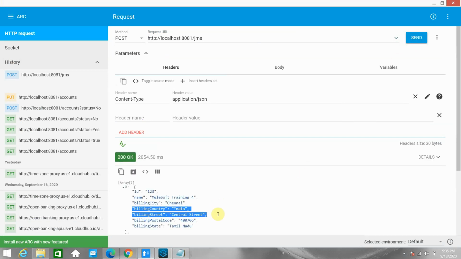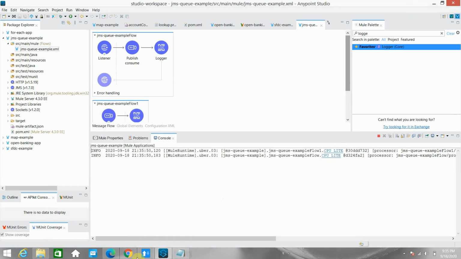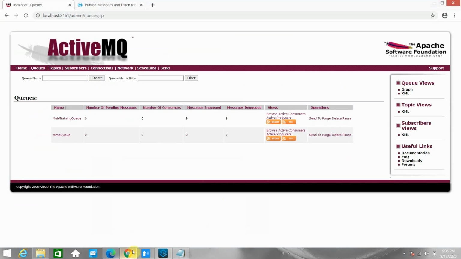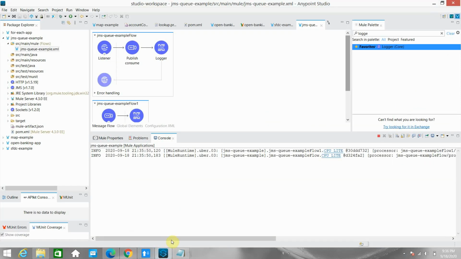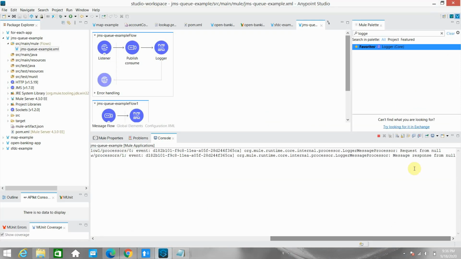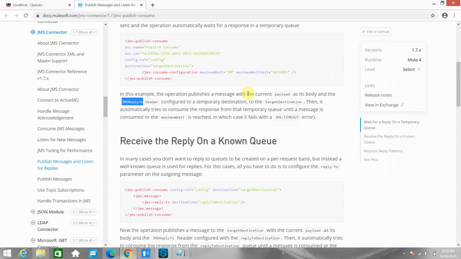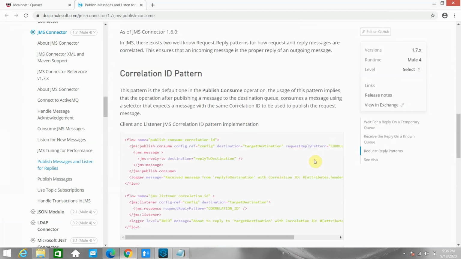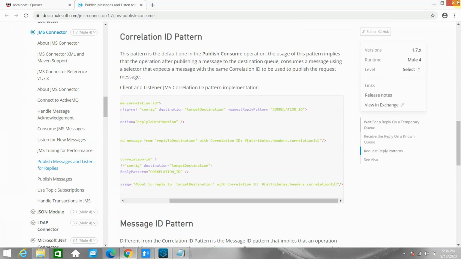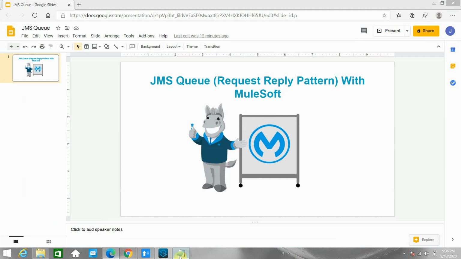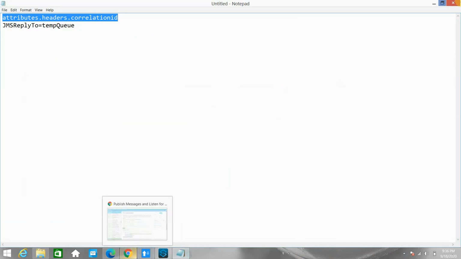I got the successful response back. You will see nothing in the queue because it is already consumed, currently 9 messages. I will try one more. Before that, let's see. So basically the first message, request from this, yeah, that null you can ignore for now. I made one mistake. I will fix it, but ignore it for now actually.